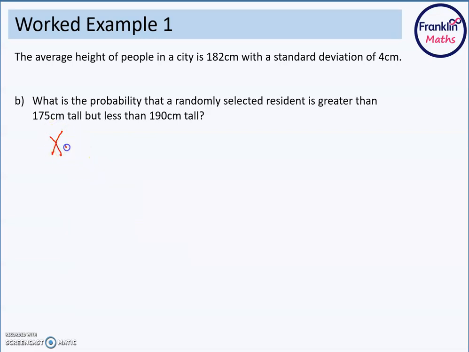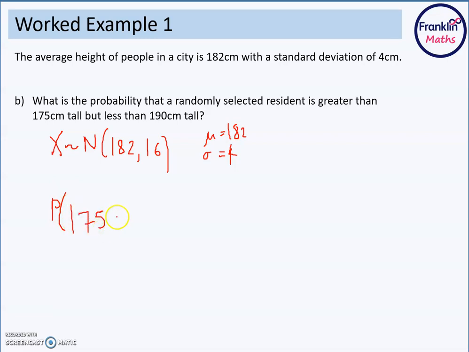So X tilde N(182, 16), and we know that mu is 182 and sigma is equal to 4. Okay, so what we want to calculate, just reading the question, is the probability that this person is more than 175 but less than 190. So the actual formula, because this is an integration problem, because the area beneath the curve gives you the probability,